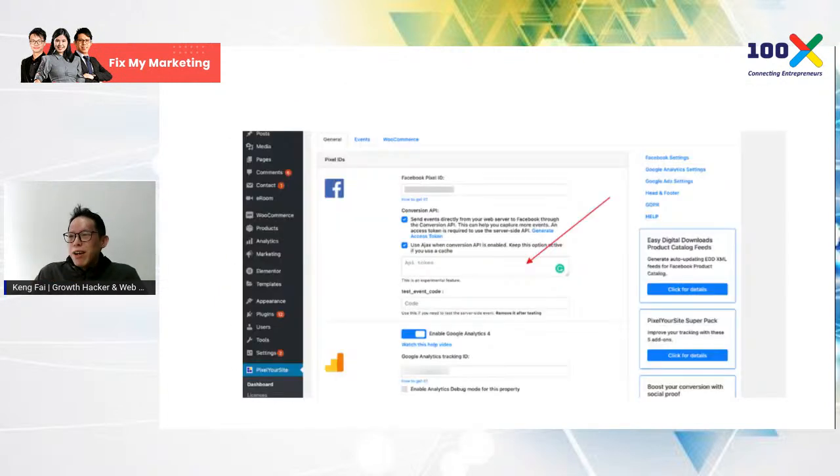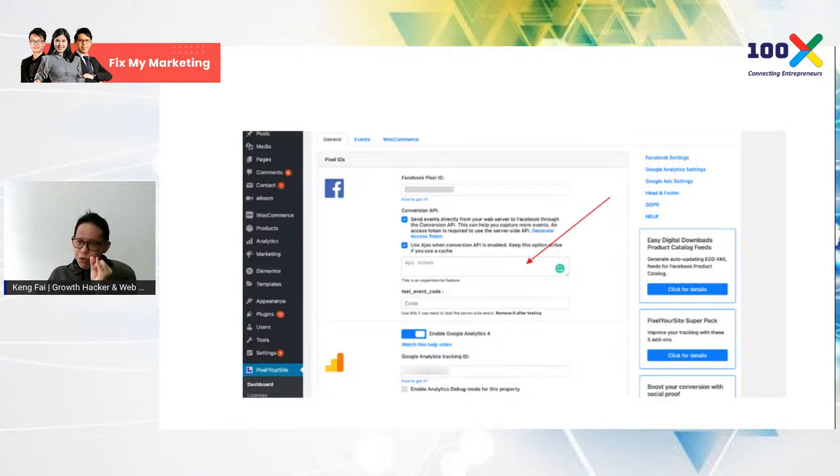All right. So right now, once you've done that, if you're using WordPress, you can actually download this software called Pixel Your Site. Actually, the simplest way to do it is to download this plugin, install Pixel Your Site, put in your ID, put in your API token, enable it. Make sure when you test your code, you put a code here. Make sure you remove it after you test it. Okay, this is the part I need to tell you. Once you remove it, then it's in live production already. All right, so this is how you actually set up your Pixel.